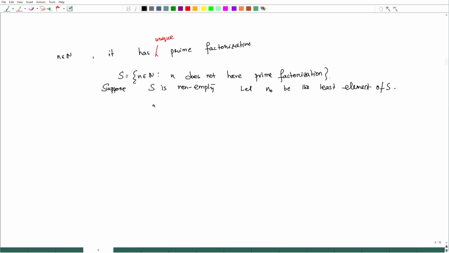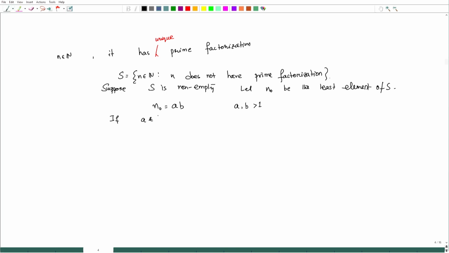So, n naught would be a times b, where a is greater than 1 and b is greater than 1. Both of them are less than n naught. Now, if a and b have prime factorization,